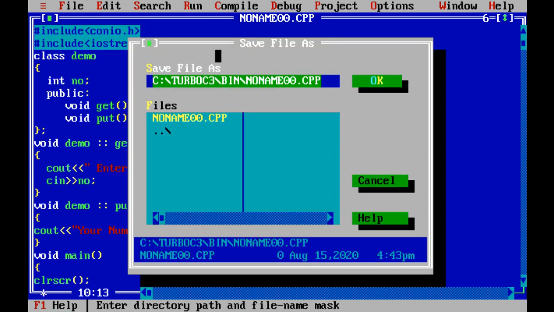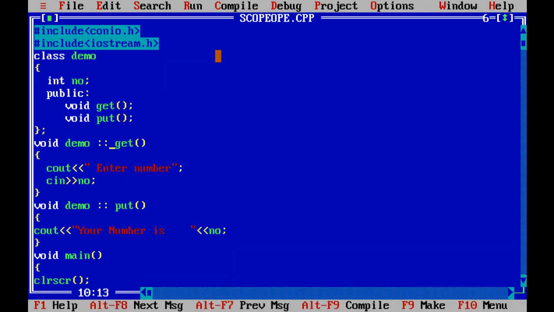I want to save this program here as scope operator dot cpp. Clear all of you? Then this is the small example. So today